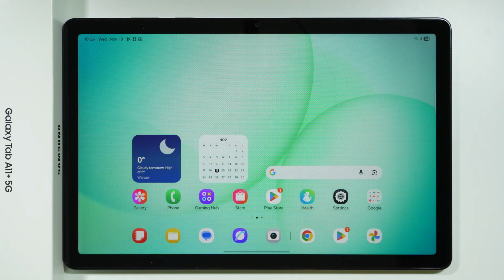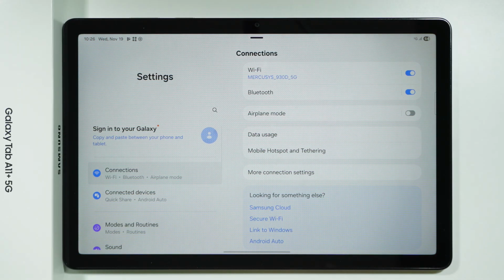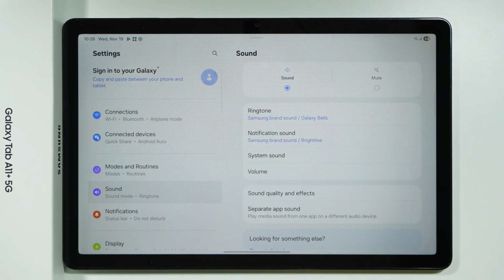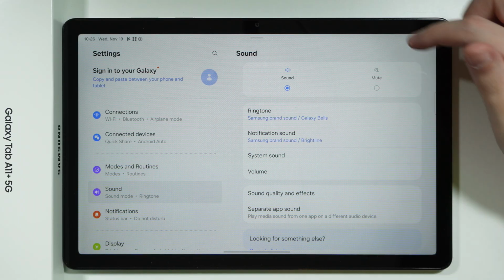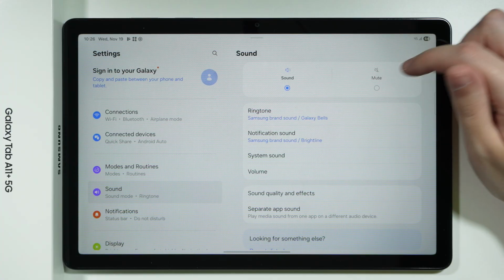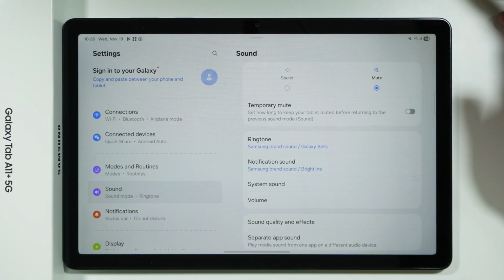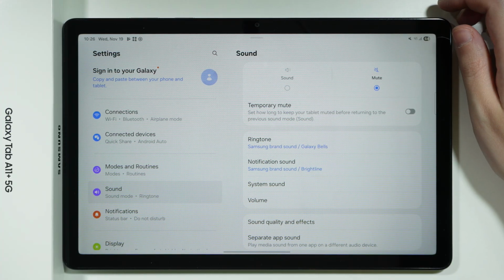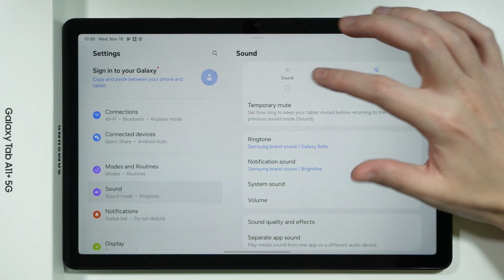If you want to find and manage sound and vibration settings on Samsung Galaxy Tab A11 Plus, then in that case we need to open Settings. Next in here we should be able to find the sound option, and we can start by, of course, choosing the sound mode or the mute mode. So if you want to enable the silence for Galaxy Tab A11 Plus, then you can do this, for example,